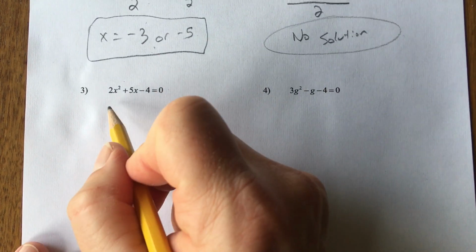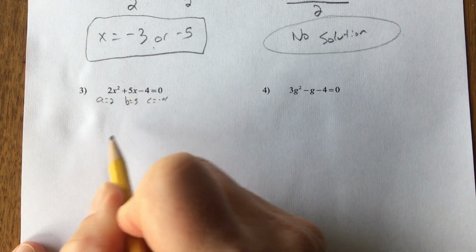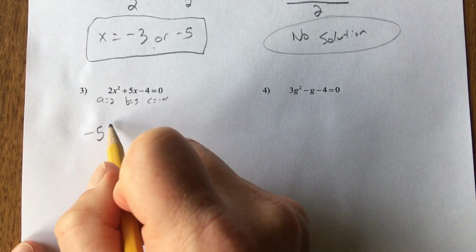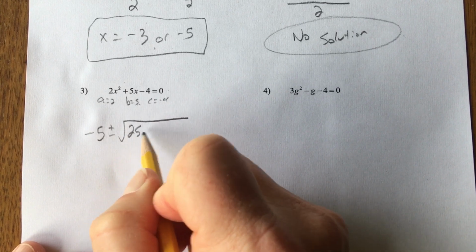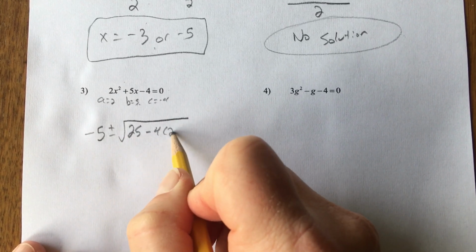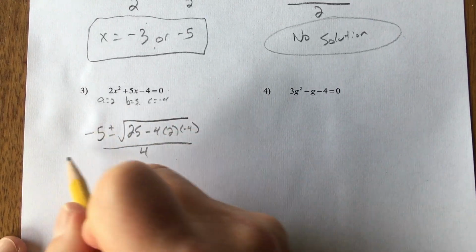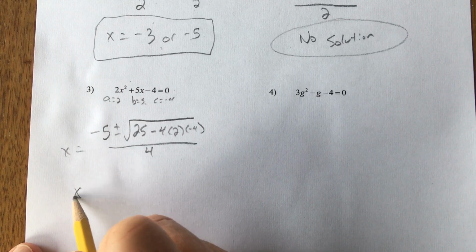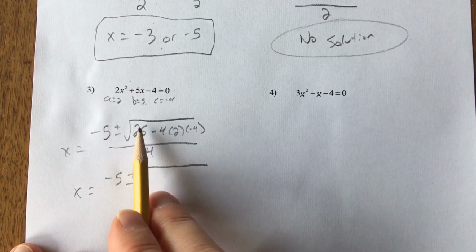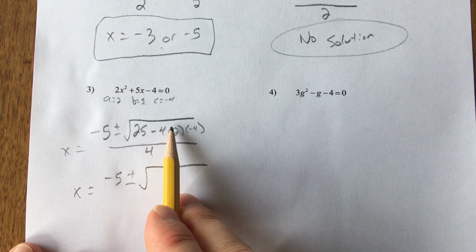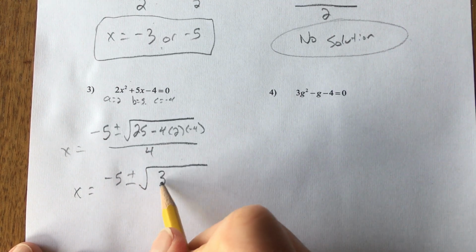Let me show you these two real quick. So here A is 2, B is 5, C is negative 4. So it's the opposite of B, plus or minus the square root of b squared. 5 times 5 is 25, minus 4 times 2 times negative 4, over 2 times 2, which is 4. Okay? So that means x equals -5 plus or minus the square root. If I go 25 minus 4 times 2 times -4 on my calculator,